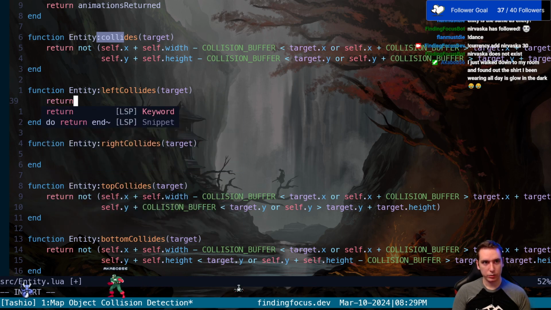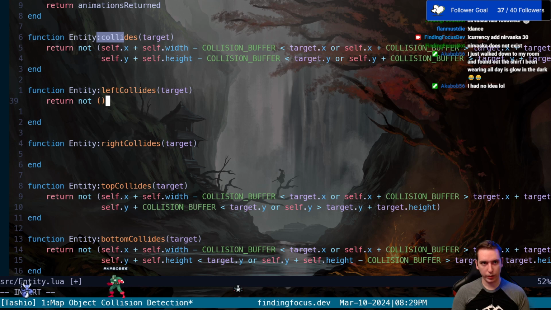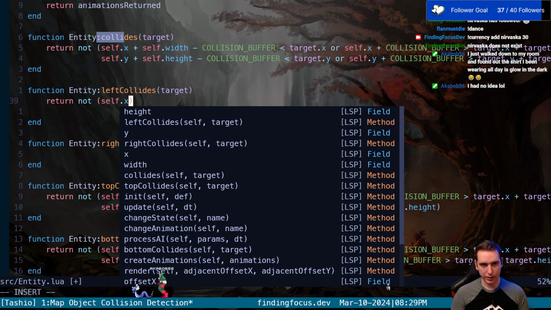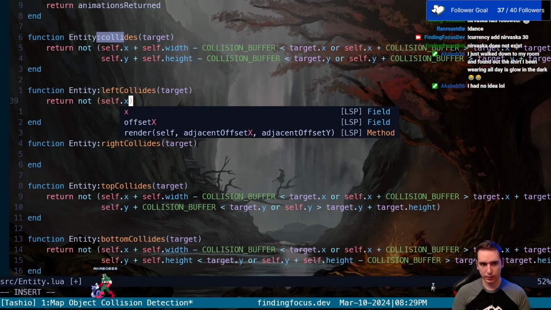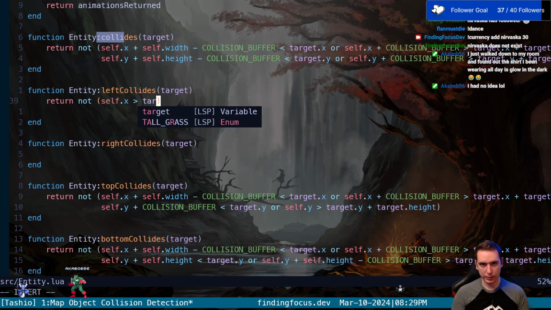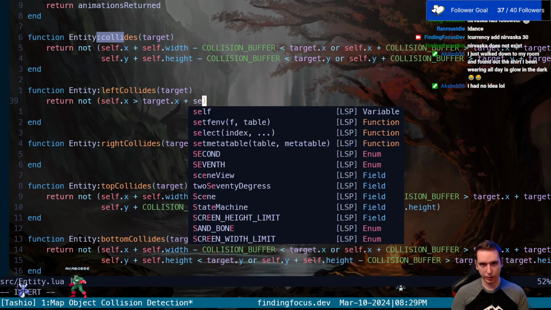Okay. So here, we're going to be doing our left collide function. So we're going to be checking the left side of our collision box. Yeah, let's do this. We want to see if the left side of our box, which should be our self.x, is greater than target.x plus target.width,